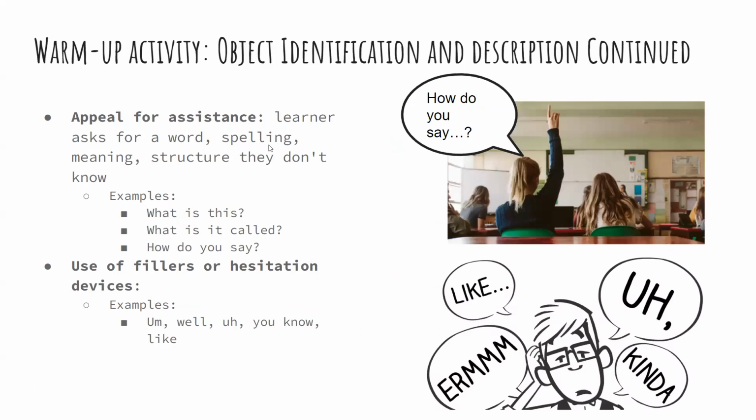They can appeal for assistance, which they might, in the middle of trying to describe it, be like, oh, what is this specific part called? So they can try and describe it better. Or they might say, how do you say this? And also, of course, the use of fillers or hesitation devices, like,